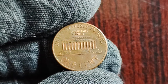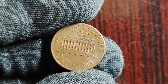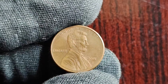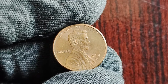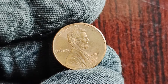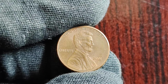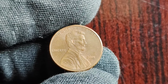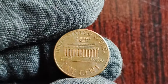First, let's take a moment to appreciate the iconic Lincoln penny itself. Introduced in 1909 to commemorate the 100th anniversary of Abraham Lincoln's birth, the penny has undergone several design changes over the years. The 2001 mint mark penny features the familiar profile of Lincoln on the obverse, with the reverse displaying the Lincoln Memorial. However, the 2001 penny stands out among its peers for several reasons. So, what makes the 2001 Lincoln penny so